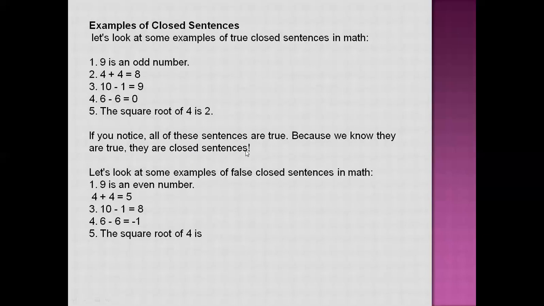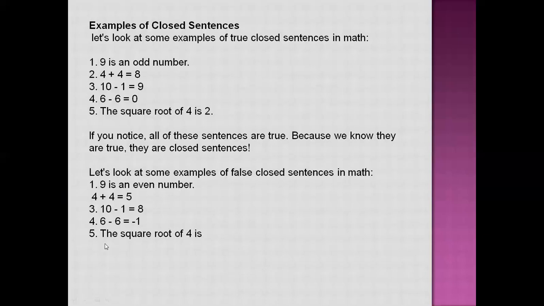They are closed sentences. Let's look at some examples of false closed sentences in mathematics. For example, 9 is an even number. No, 9 is an odd number. 4 plus 4 is equal to 5. No, 4 plus 4 is equal to 8. These are all examples of false sentences, and these are closed sentences because